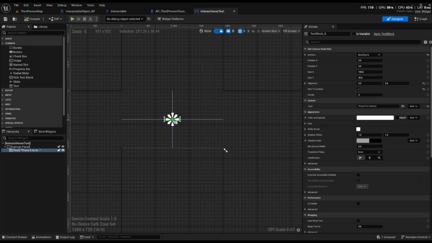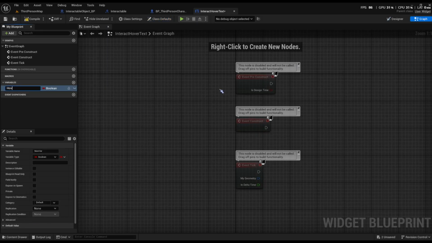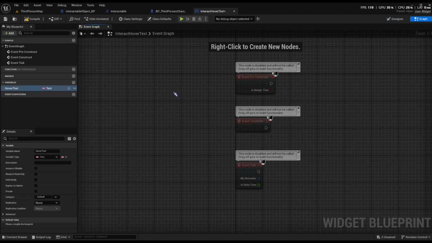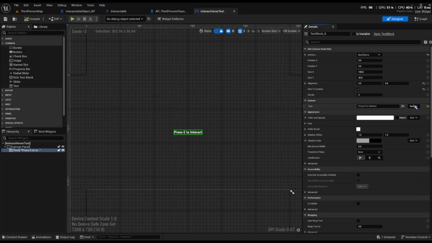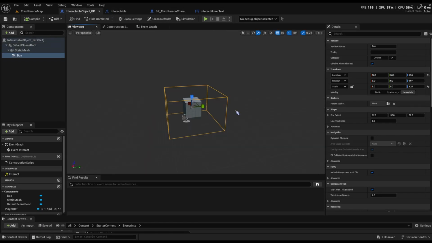You can bind this and create a variable within the user interface, so we could call this hover text. We'll give it a text. And now you can bind this to the hover text, and you can edit the hover text depending on what item you're looking at. Now we're going to go back to interact object, and we're going to go back to